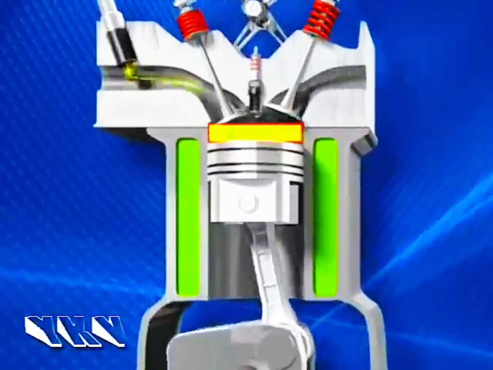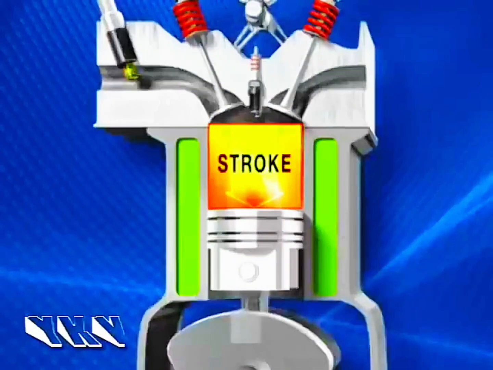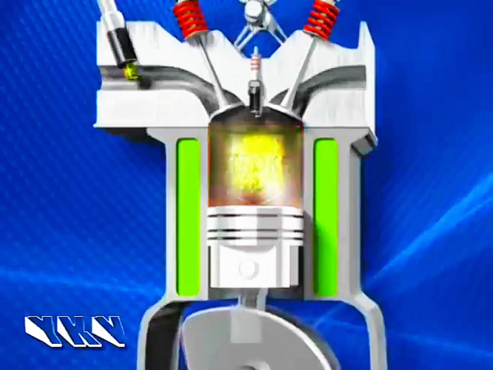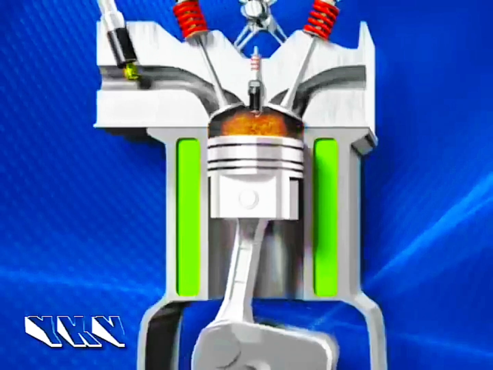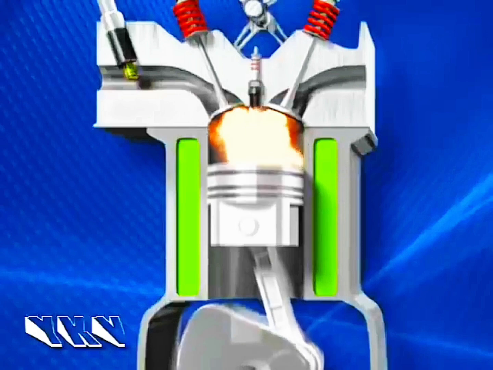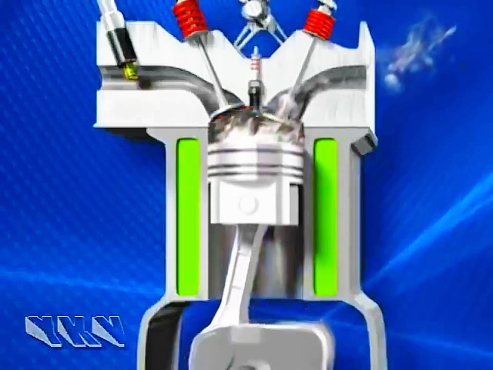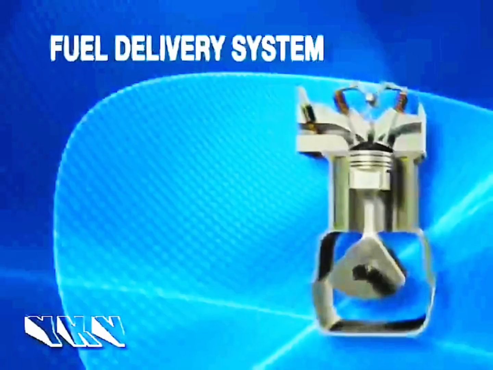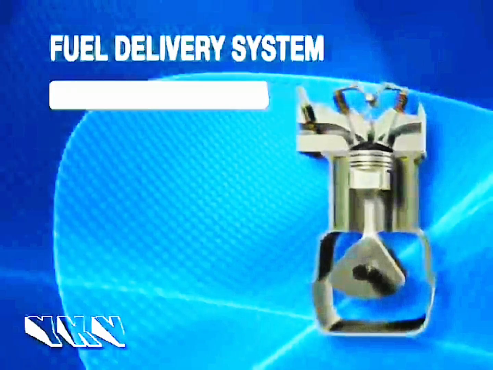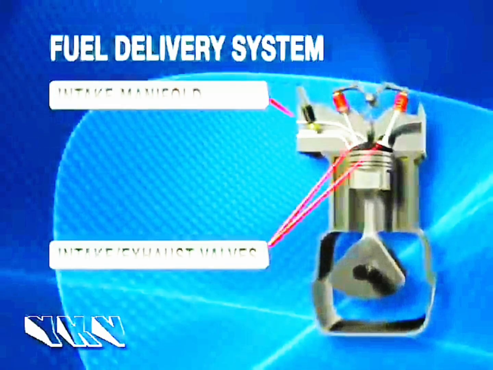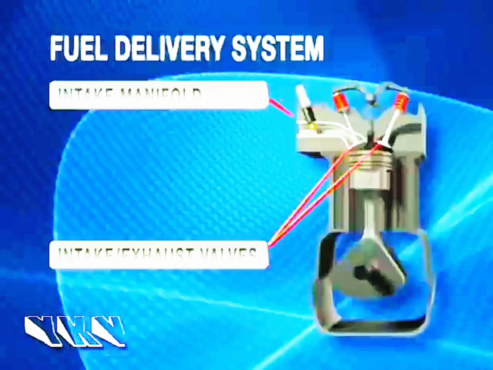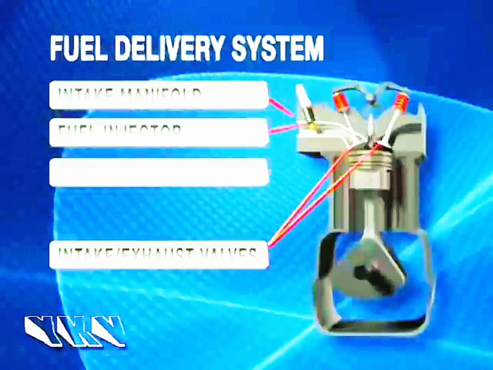the crankshaft. The longer the stroke of the piston, the larger the displacement of gas and air occurs in the cylinder. To propel that piston, we need to ignite a tiny bit of gas and a whole lot of air. This creates expansion inside the cylinder. The fuel delivery system consists of an air intake manifold, valves, intake and exhaust, a fuel injector, and a spark